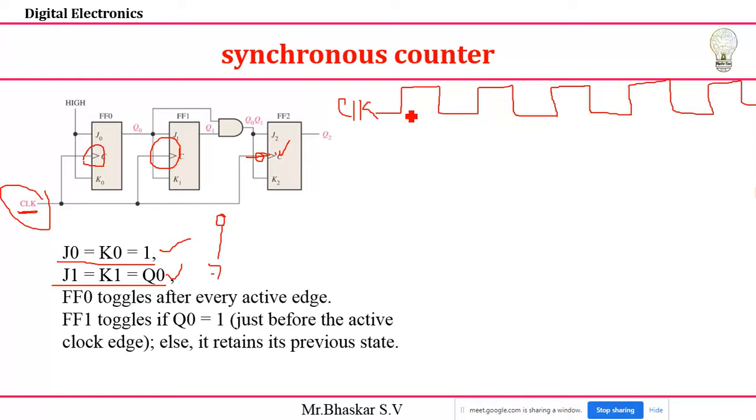First, I need to define my positive edges. You can see here, this is my positive edge, and this is my positive edge. This is my positive, or it is called rising edge. This is my rising edge or positive edge. Once you define that, the next task is, I'm not going to write J and K values. It is understood. So I'm going to write the waveform for Q0, Q1 as well as Q2. How am I going to write? So Q0, Q1 and Q2 will decide the count values. That is my intention. See carefully.